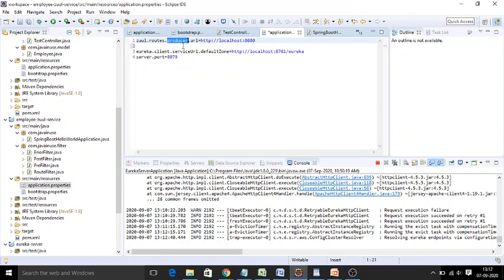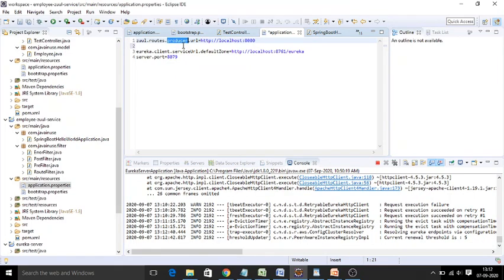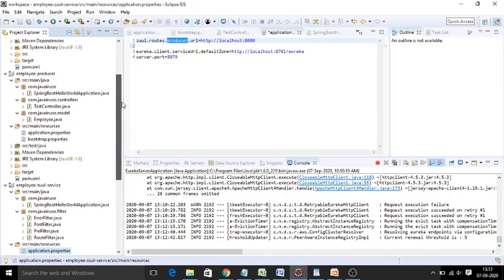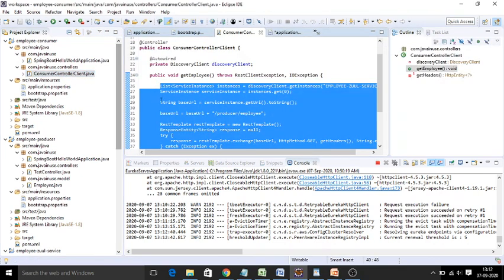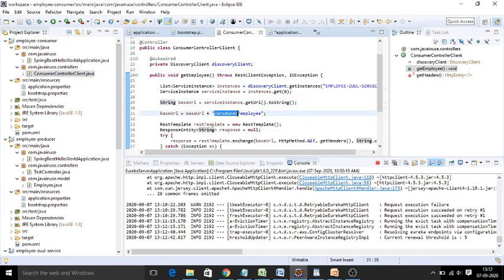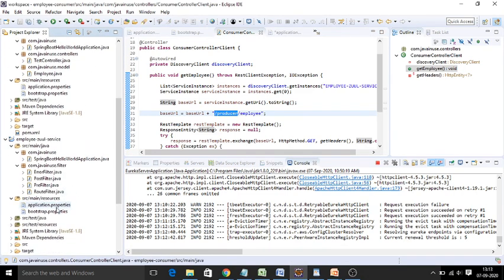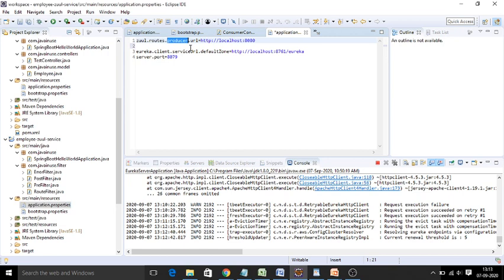When you give the producer URL, the consumer application is going to request your employee producer service through this particular URL. This URL should match your Zuul proxy server's routing path. This is called your routing path.